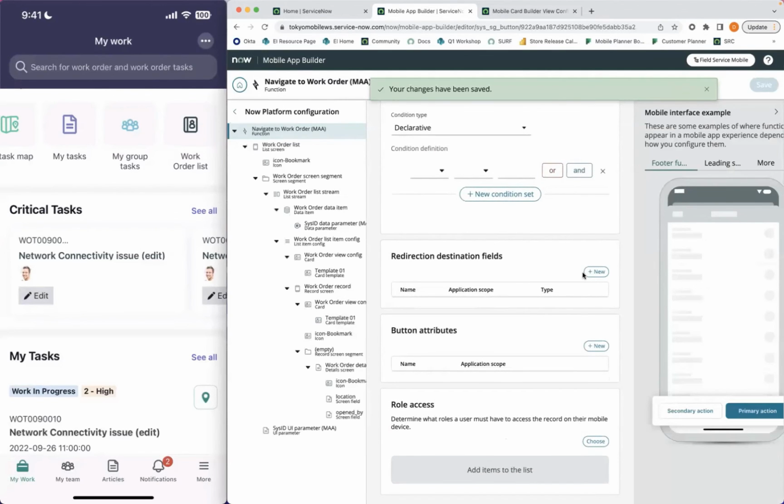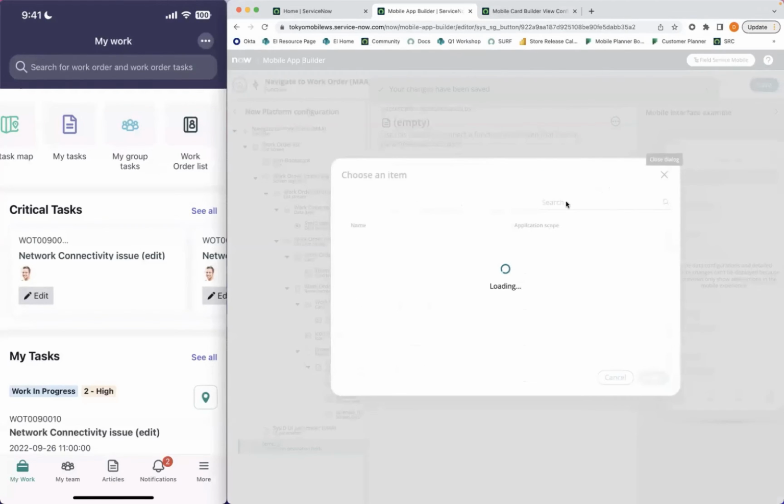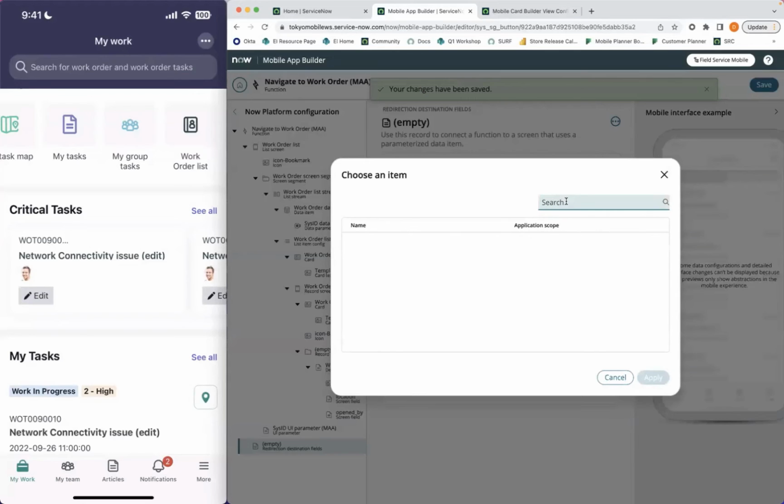And then we'll create a new redirection destination field. It's going to ask, what is that UI parameter? What is that variable that you created earlier? We'll choose the one that we called